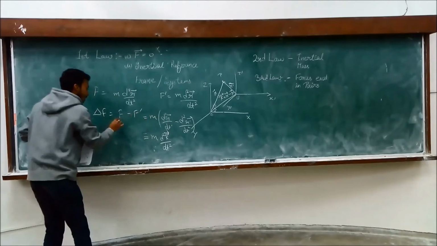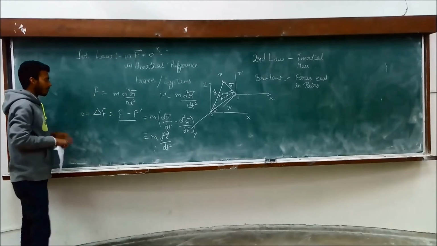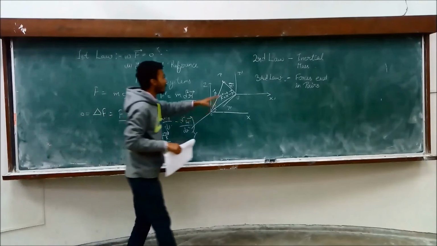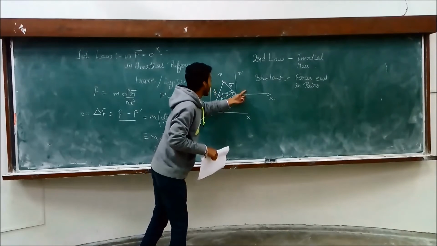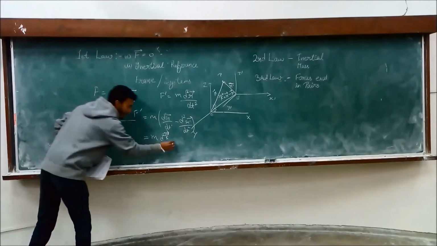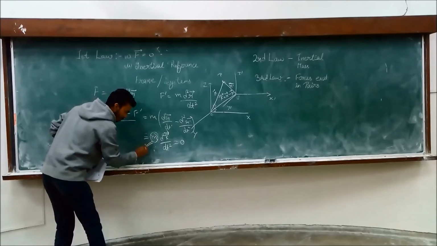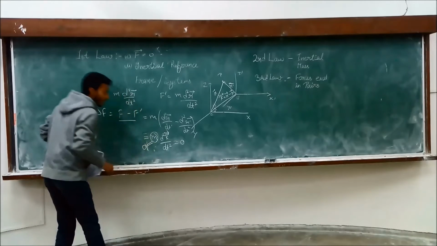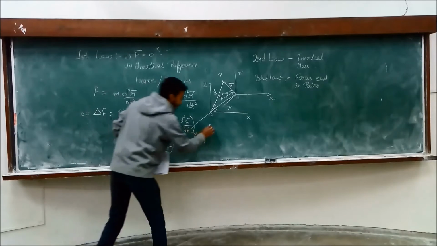Let us make it equal to 0. There is no difference in the force calculated by this person or with respect to that person to that point. So we can also tell that m cannot be 0, but if that can be 0, it means